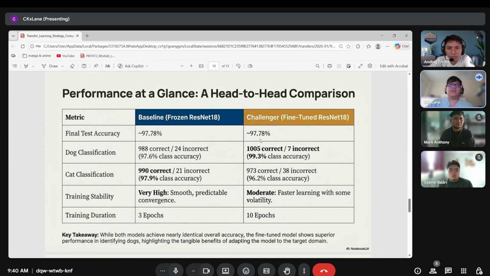This is a performance at a glance, a head-to-head comparison between the two models. Okay, here on the final test accuracy, both have 97.78%. On the dog classification, the modification has better learning, which has 1,005 correct and 7 incorrect misclassifications, with an accuracy of 99.3%. On the cat classification, baseline is better, which is 990 correctly detected and 21 incorrectly misclassified as a dog, with an accuracy of